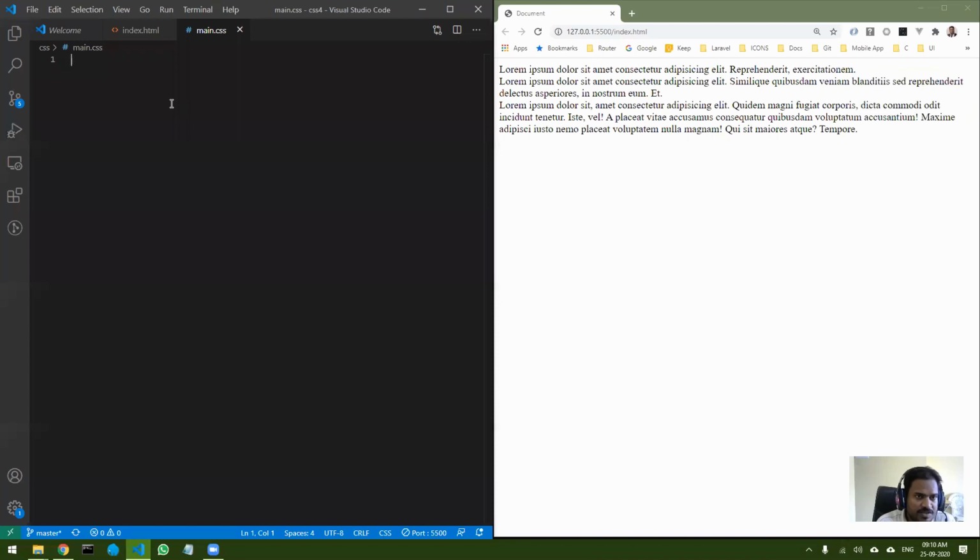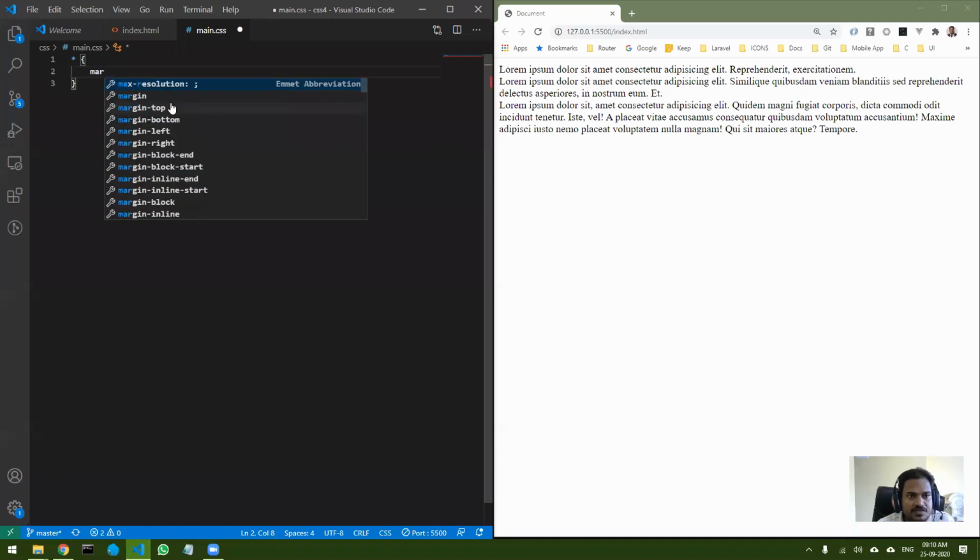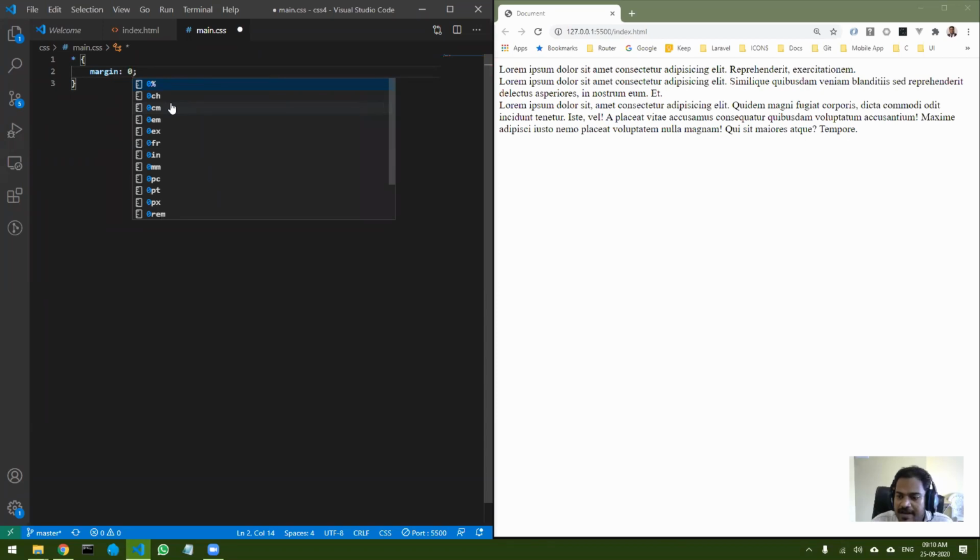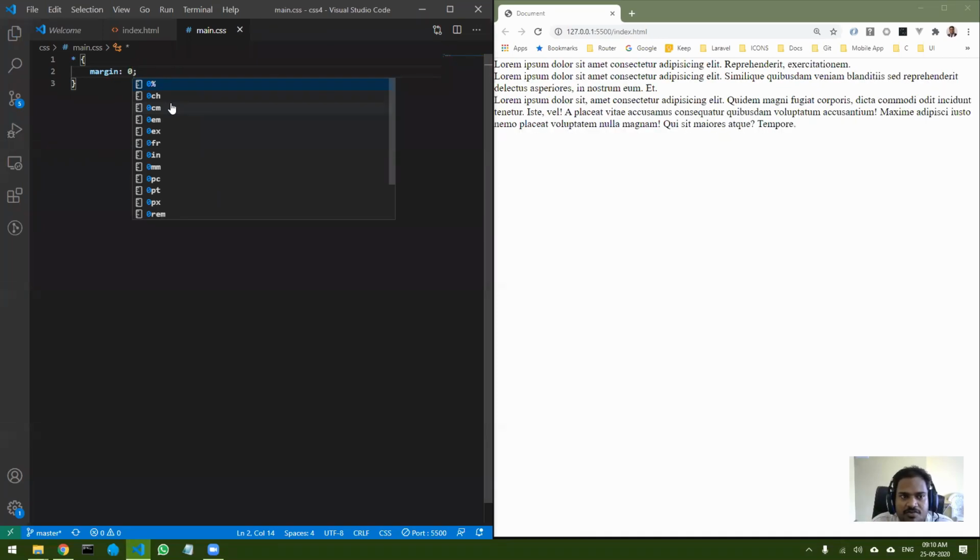So this should be there in every CSS. So this should be your first line. That is because if I put a margin over here, I want to reset the margin that is by default there in the browser. So I don't want that margin. So I am going to do that. And now you can see the text is exactly touching the borders. So that is what I want.